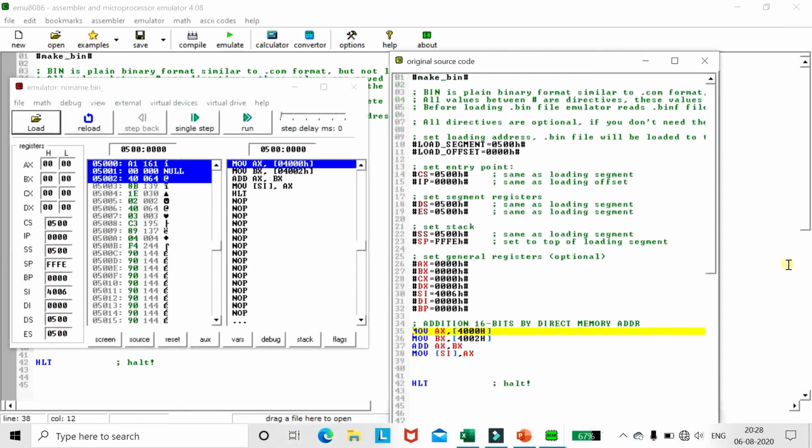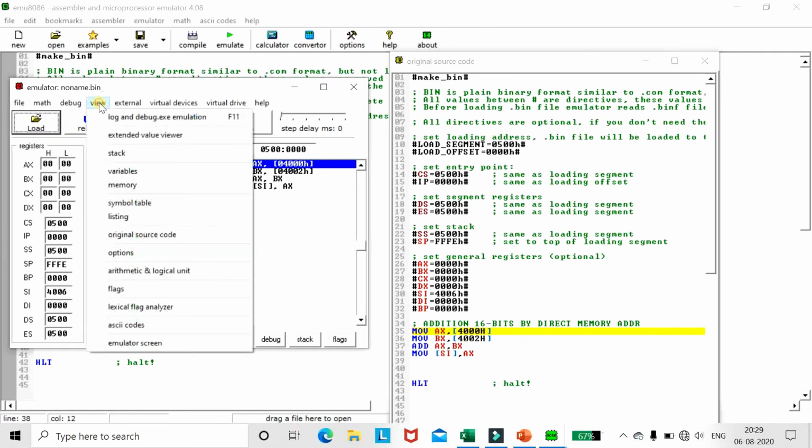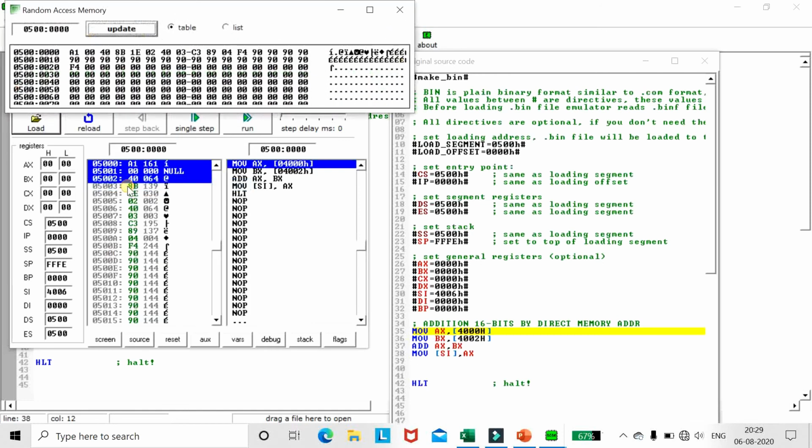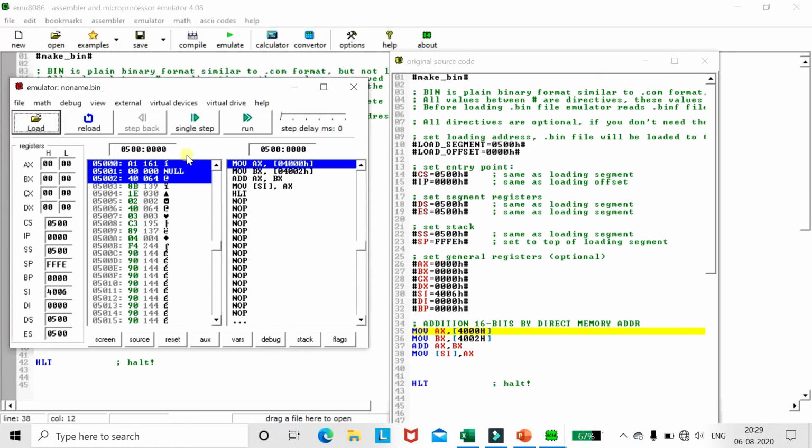So to emulate, click on this green symbol, Emulate. If the code is perfect, it will run like this. Now what we have to do? We have to initialize, store the data on memory locations 4000 and 4002. So click on view, click on memory, right here 4000. Click on update, right here data: lower byte 22, 33 I think, lower byte 44, 5 I will put. Okay, no issue. There I have given 66. We can give 6688, whatever data you want to give. Update it. Once you update, close this and click on single step.